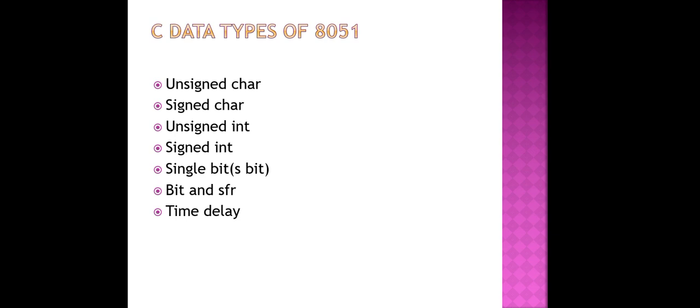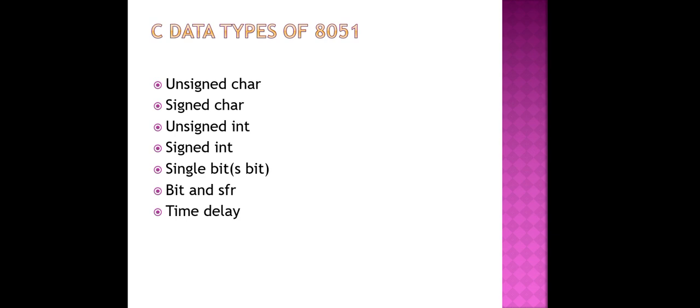The second data type is the signed character. The signed character is an 8-bit data type that uses the most significant bit, D7, as the sign bit.